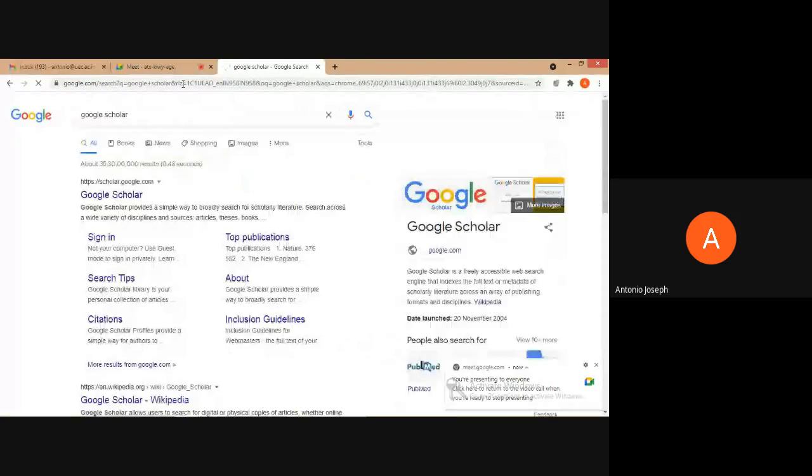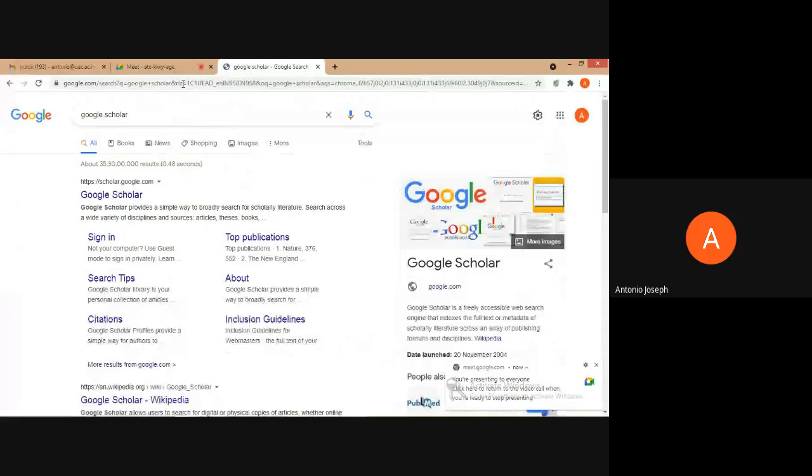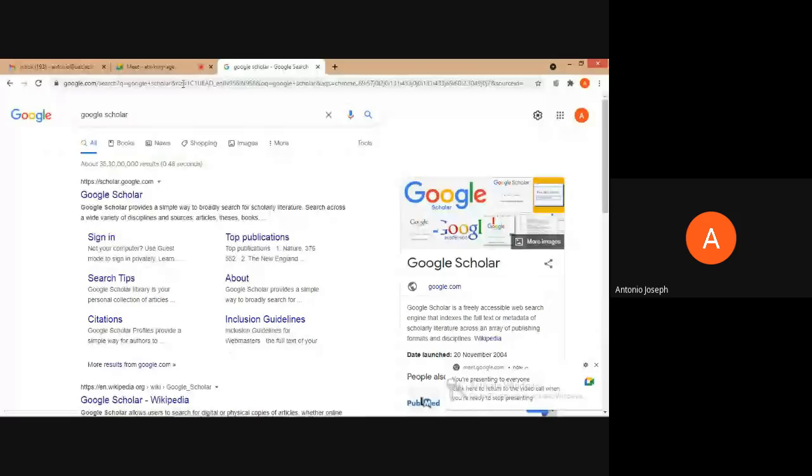Yes, ScienceDirect and other standard publishers like Springer, ASME, or Sage also provide this facility. But since Google Scholar contains almost all the articles, that's why I am moving on to Google Scholar. It doesn't mean that only Google Scholar has this facility.